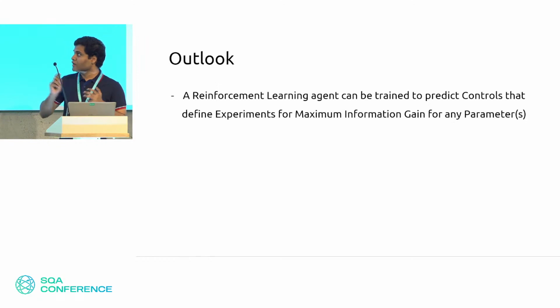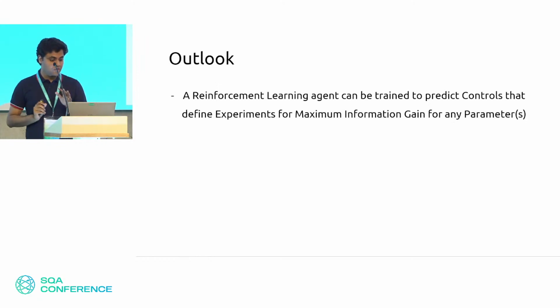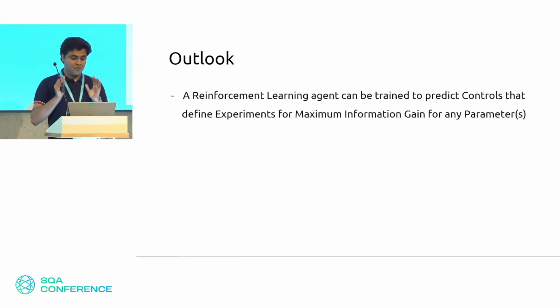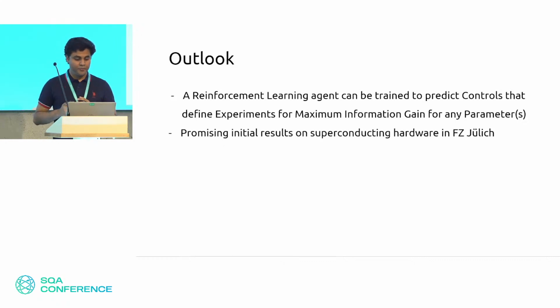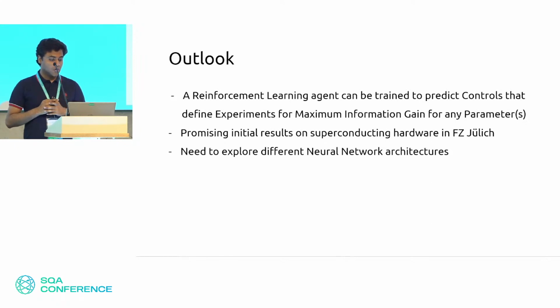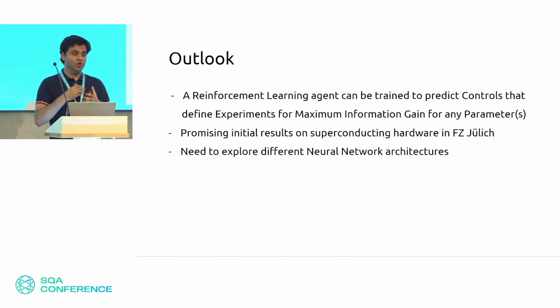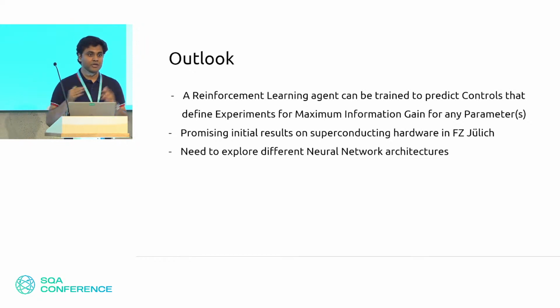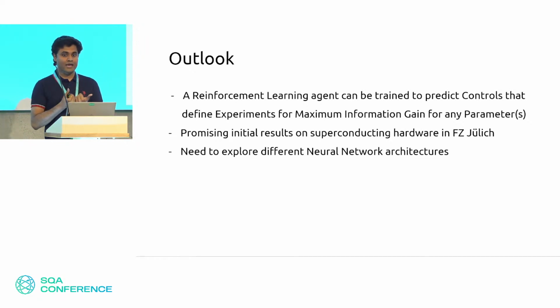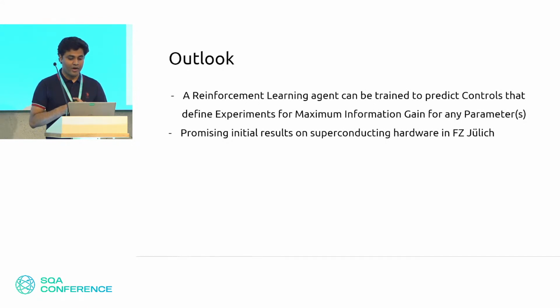So where are we? The conclusion is that you can use a reinforcement learning agent to predict the best controls that can define experiments for maximum information gain. We have promising initial results on the superconducting hardware at the Forschungszentrum Jülich. That's actually hardware from IQM. And what we want to do going ahead is that we want to explore different neural network architectures. So right now, what we have been using in this are something called LSTM models, long short-term memory models, which are common in cases where you have